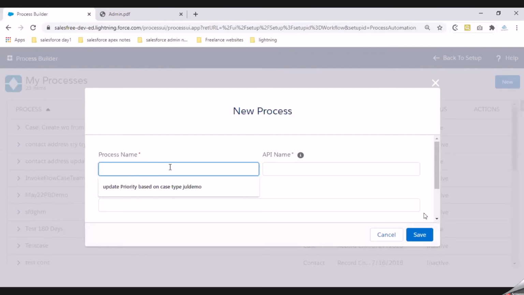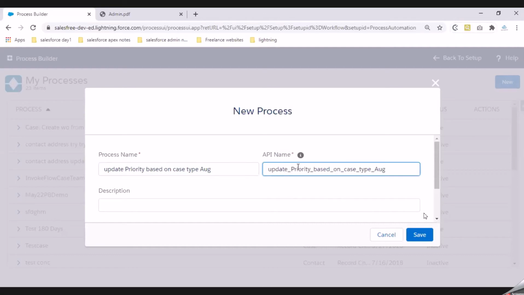The system is expecting me to give a name to this process builder. I'm giving the name as Update Priority Based on Case Type, August demo. As soon as I fill out this process name, I'll get an API name once I click on that field.